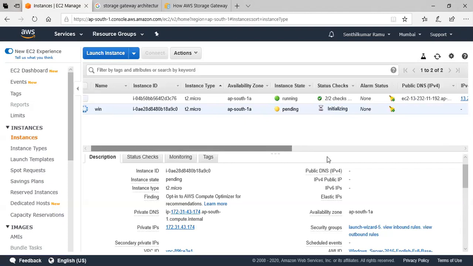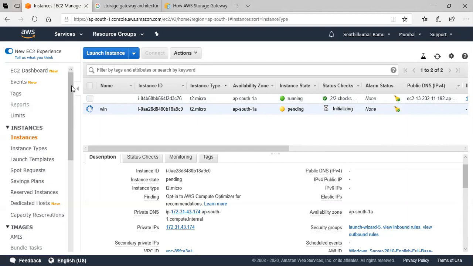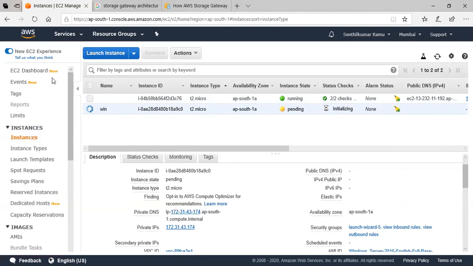So in real time, we'll take S3 in one of the regions and we'll give multiple instances access to that through this storage gateway. Correct. See, storage gateway is between your on-prem and AWS. It's a way in which a secure pipe is created through which you act on top of it.